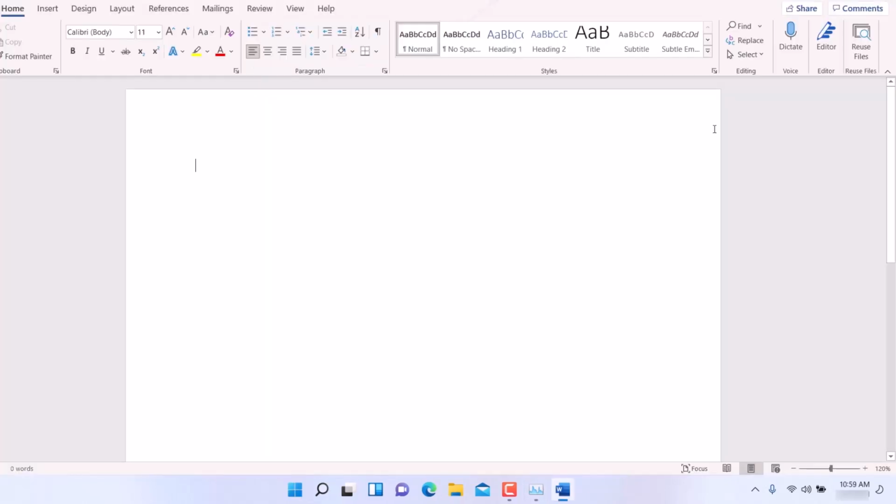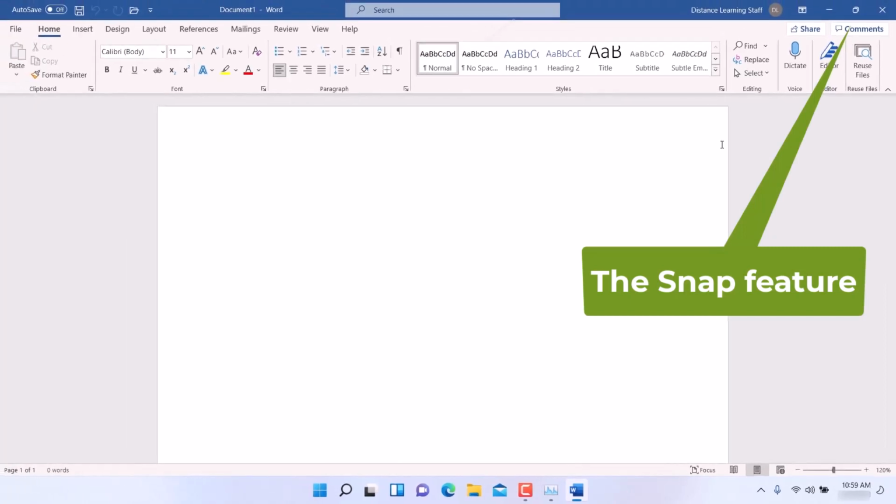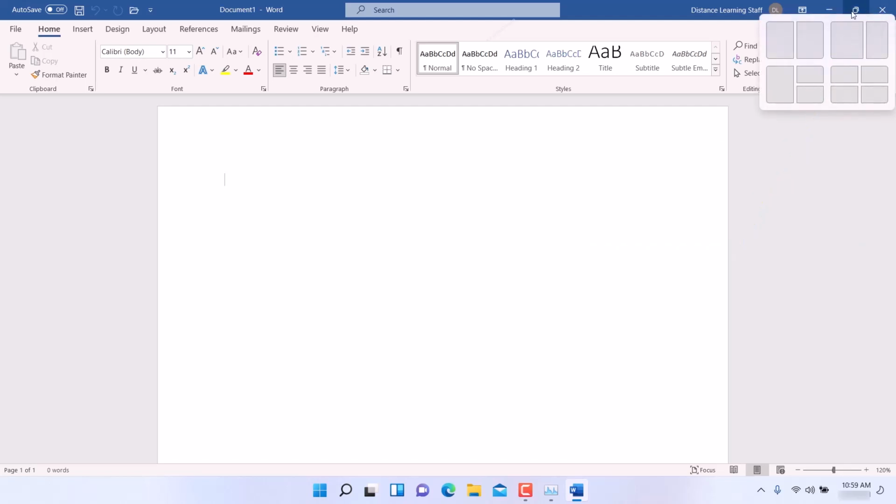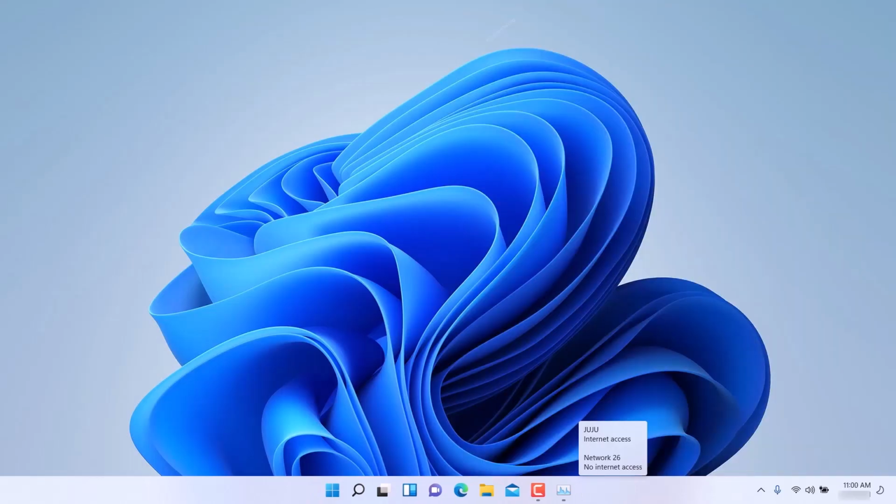With the emergence of the larger monitors and so on, now Windows allows you to resize a window by simply holding the mouse on the maximize button here for any of the applications, and you can choose a particular layout. There are enhancements related to gaming. There is a gaming mode, also widgets. So if you click here on widgets,